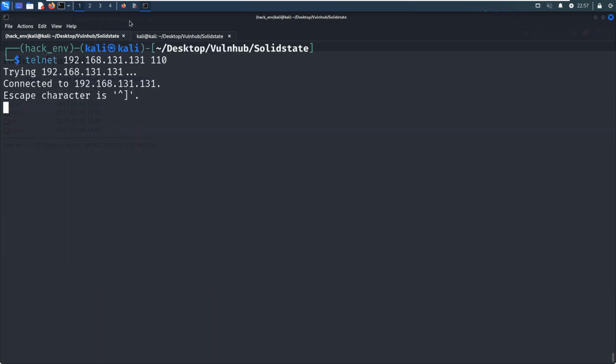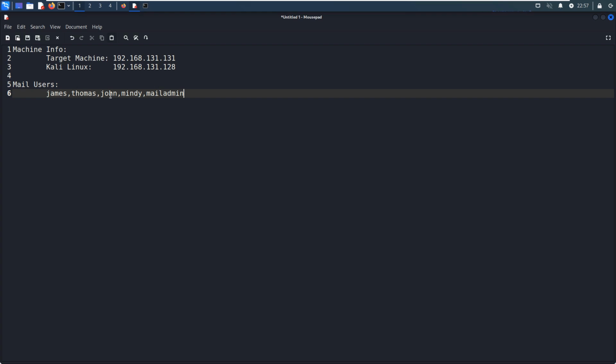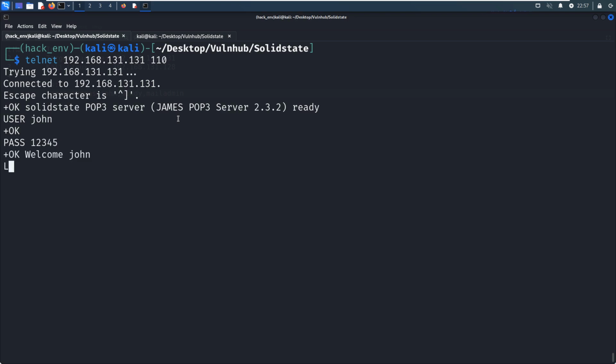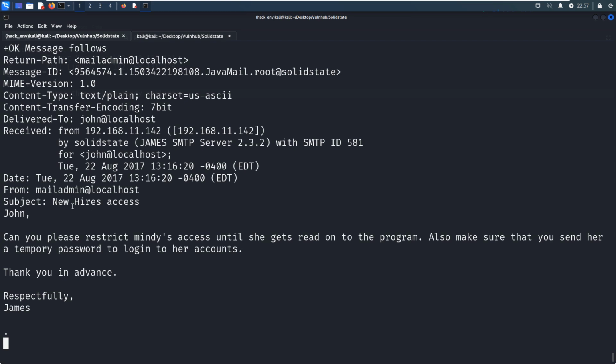And next we need to try to log in as user John. So user John, pass 12345, and then we can list. Oh, we have one email. We can use RETR to retrieve this email, followed by the index. Okay, so we got the email.